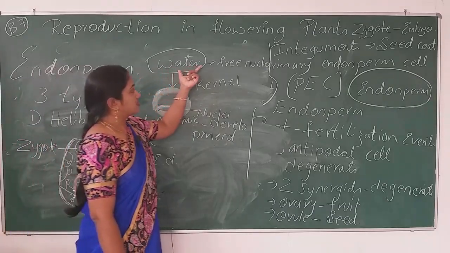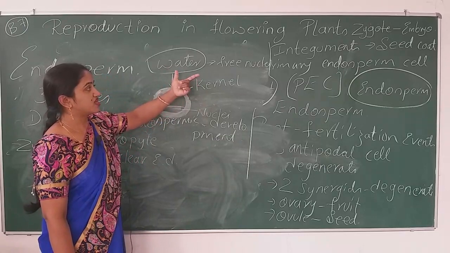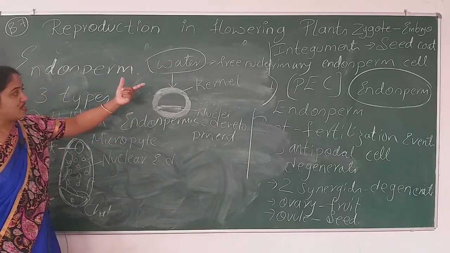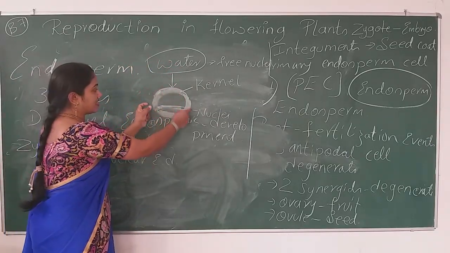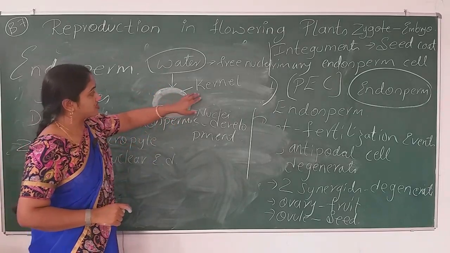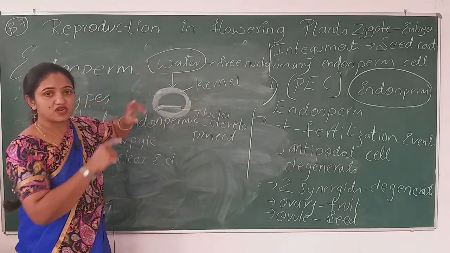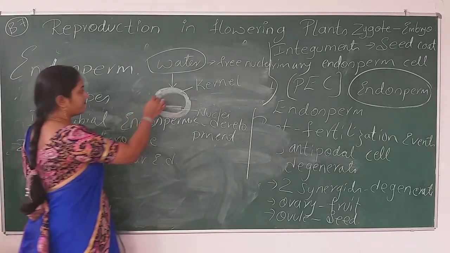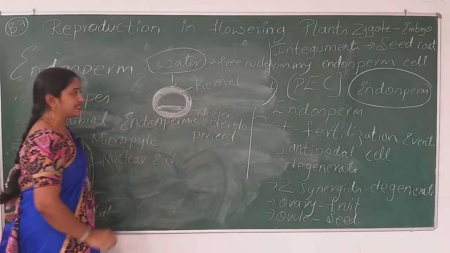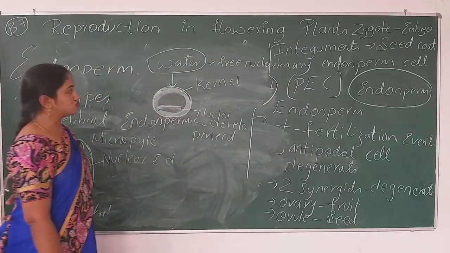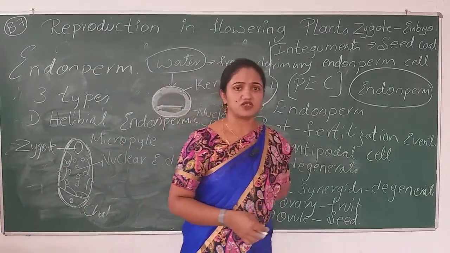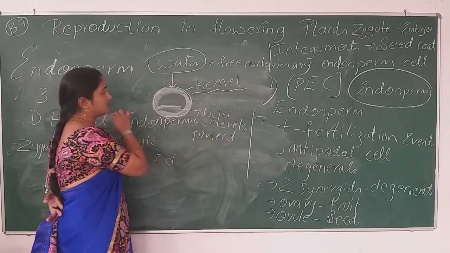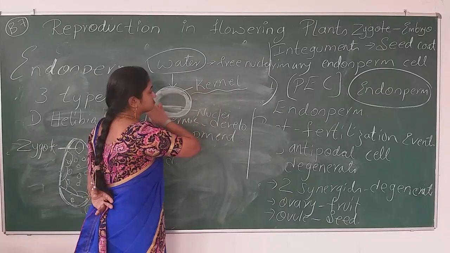In the primary stage, or in the tender coconut, free nuclei are present inside the fruit. We can call it tender coconut water. After maturation, we find a thick layer at the peripheral part of the coconut, that is known as kernel. That is nothing but division of cells. And this is the edible part, the kernel. Why is it used in spices or for consumption? Many people use this kernel. Why is it an edible part?